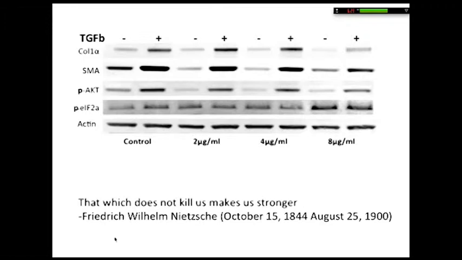And so here's some work that's done with fibroblasts. These are normal human lung fibroblasts. And what we're showing here is that with Nelfinavir and TGF-beta exposure, we're getting a reduction in alpha-smooth muscle actin expression over time, and also AKT phosphorylation, but not without the consequences I showed you in that earlier slide of a little ER stress going on.